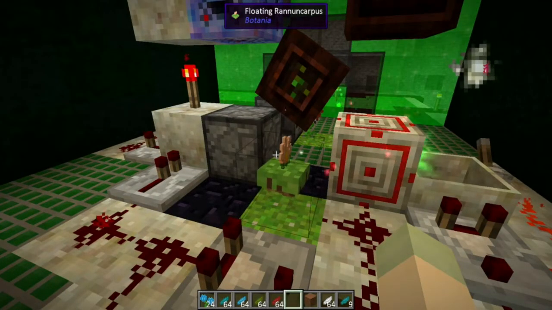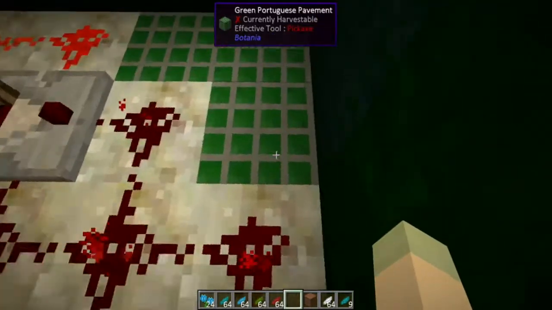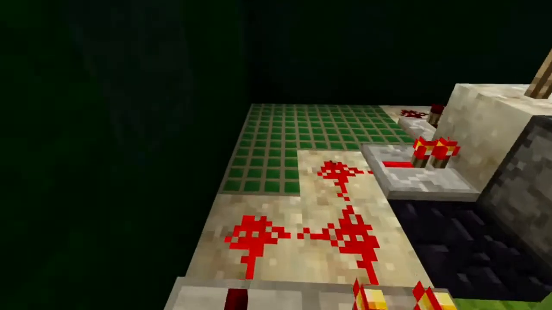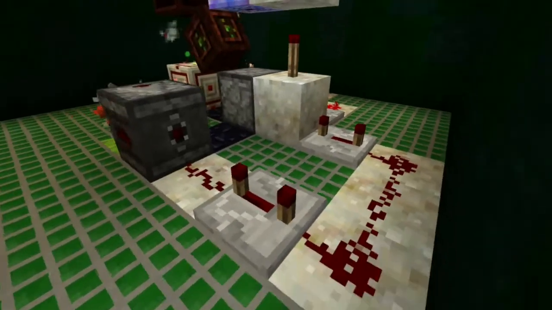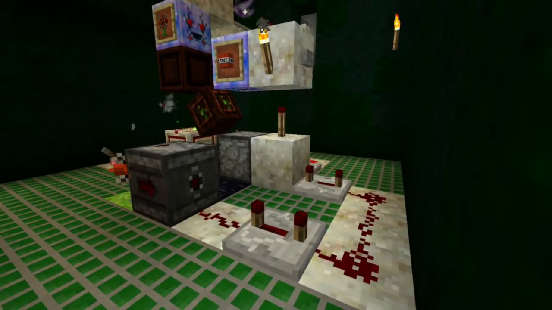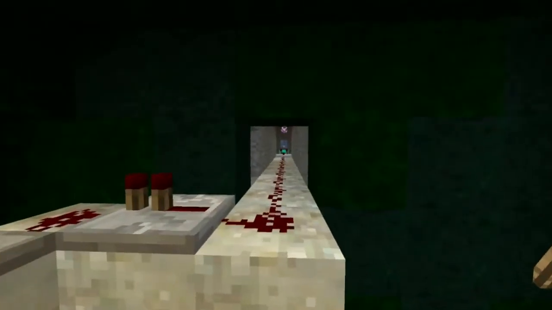Yep. I dropped the TNT and it exploded, and then the mana detector. Let's take a picture. Here. And here. And back there is where I have my